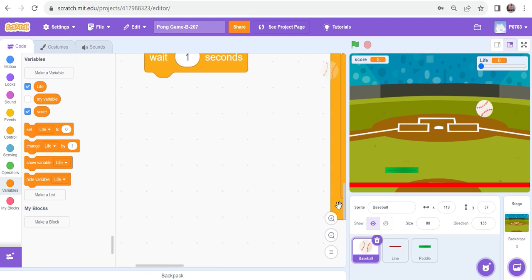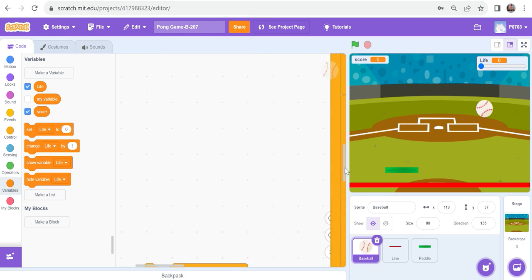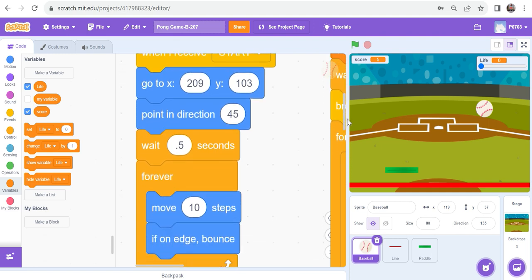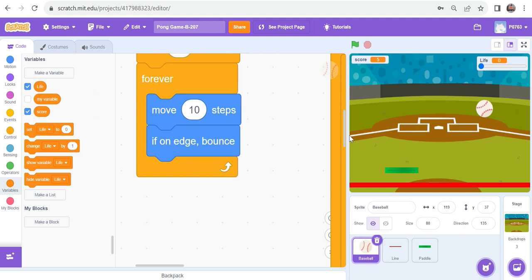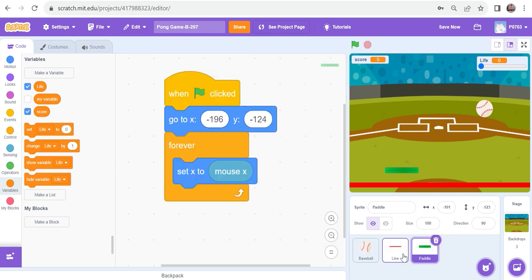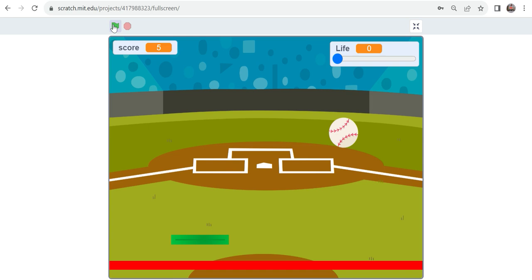Whenever it broadcasts start, what will it do? It will go to the initial position and then again start moving. That ball will start moving from the position. And here I have just set x to mouse x so that whenever I move my mouse, the paddle will start moving from here. Okay, so this is how we can create a ping pong ball game, which is very easy to understand,